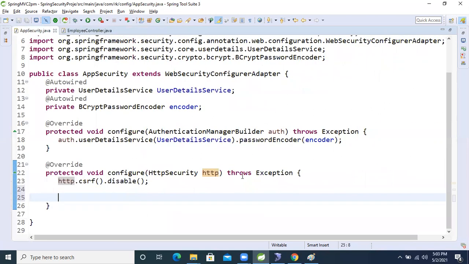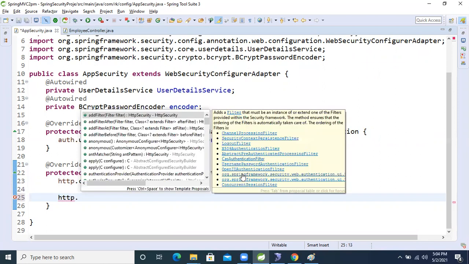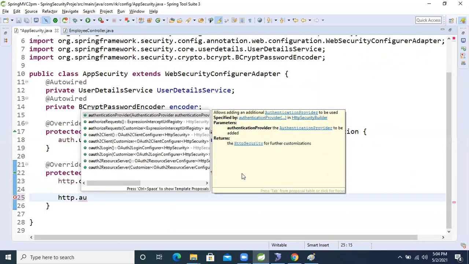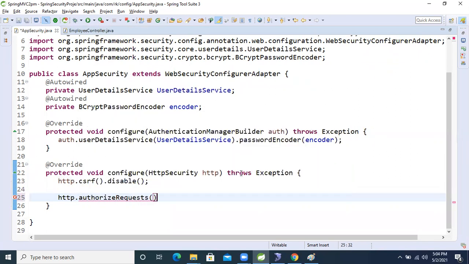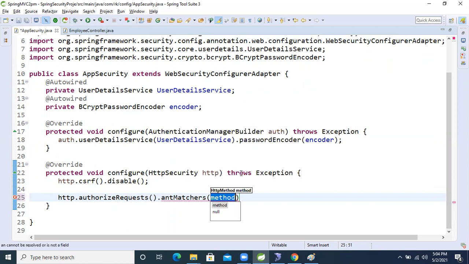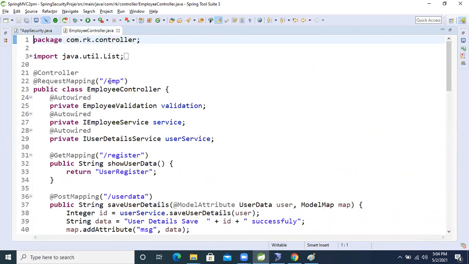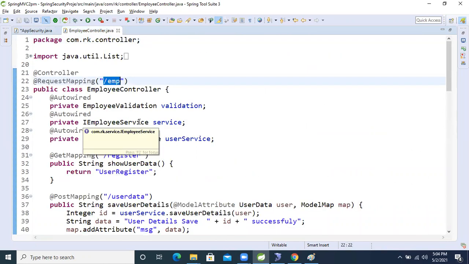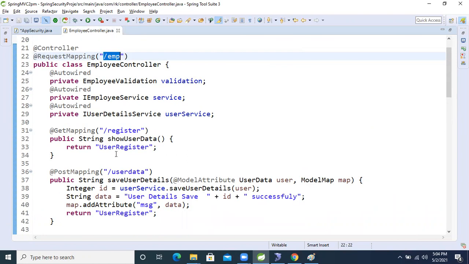So this one we need to write as an extra thing. From here onward, let's write it. I'm going to write http.authorizeRequests, guys, authorizeRequests dot antMatchers. Inside that, I'm going to come to the controller. I have taken the class level mapping as employee.